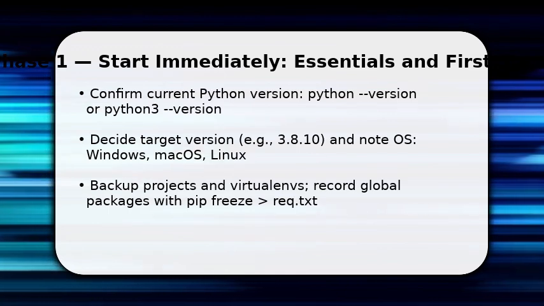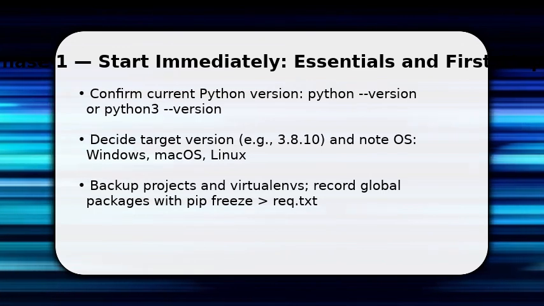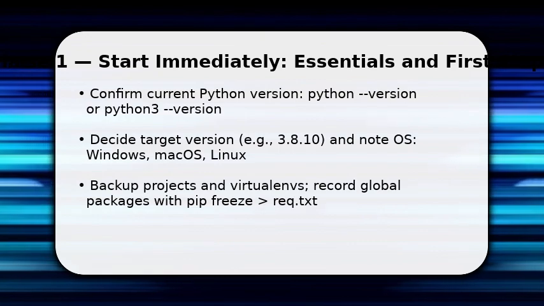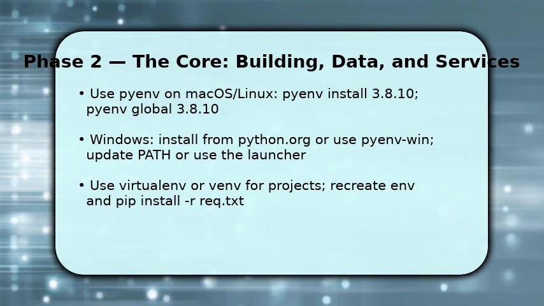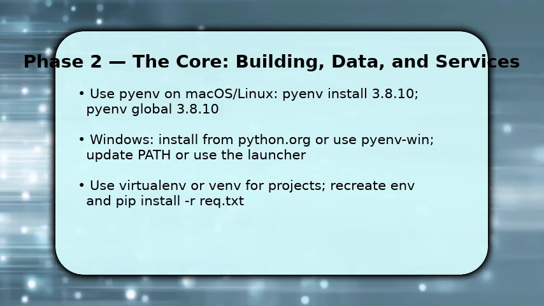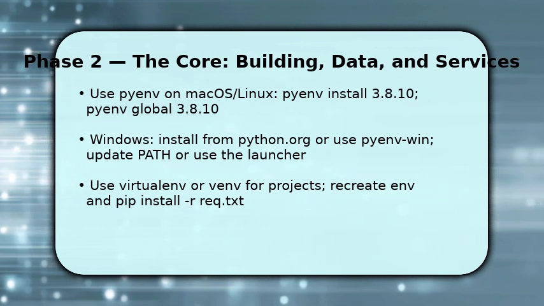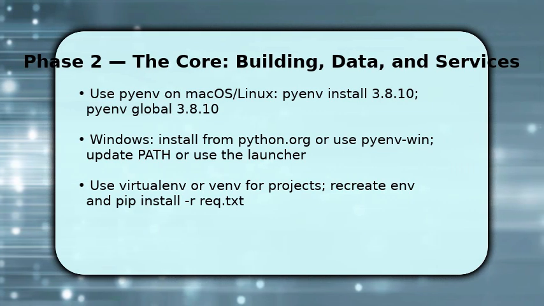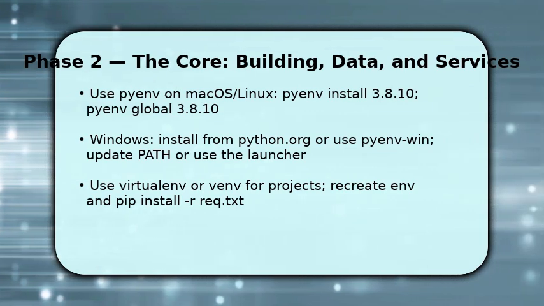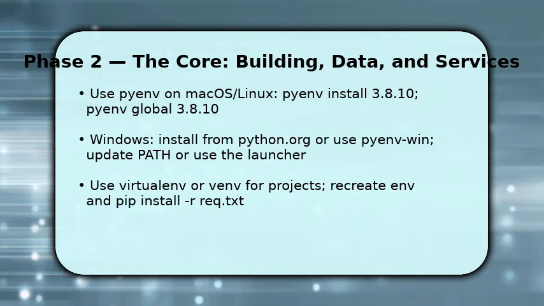Make sure to close IDEs and stop services using Python before proceeding to installation steps. Now install the chosen version using the tool appropriate for your OS. On macOS or Linux, prefer pyenv install 3.8.10, then pyenv global 3.8.10 because it isolates versions. On Windows, use the official installer or pyenv-win and ensure the PATH or the Python launcher points to the